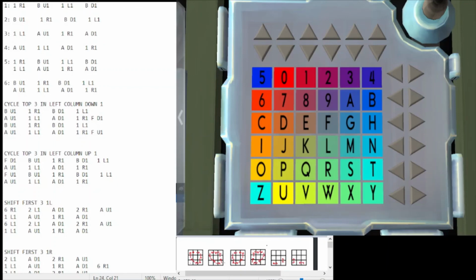But, you know, if you're a Rubik's Cube solver or a speed cuber or whatever, this is the sort of thing that you're used to knowing, like, oh, this is just the weird move that does this thing that I needed to do. So, at any rate, hopefully these will all help you solve this module, and we'll see you